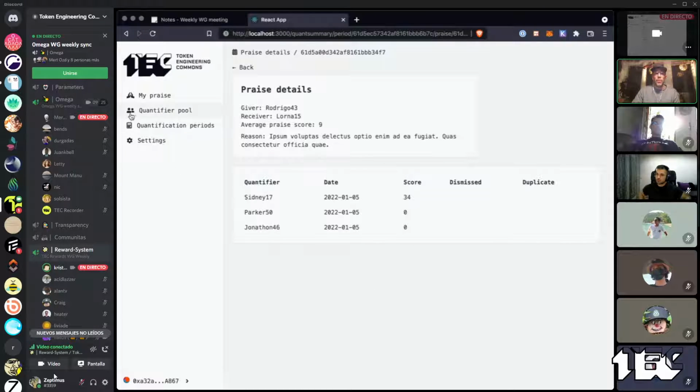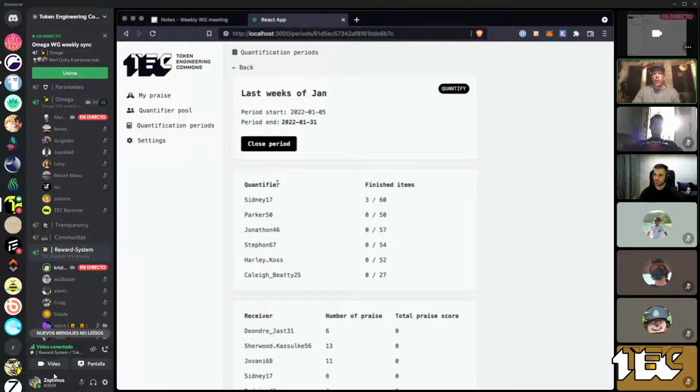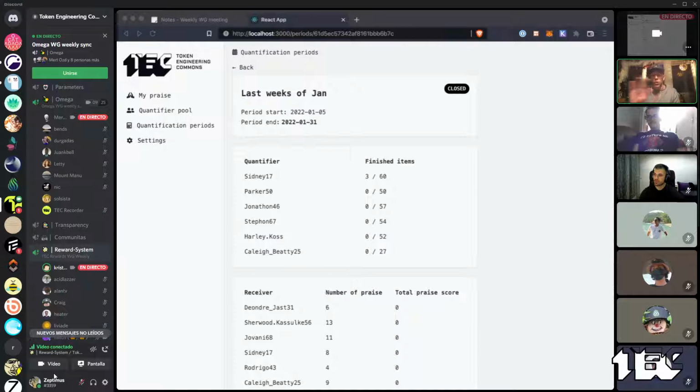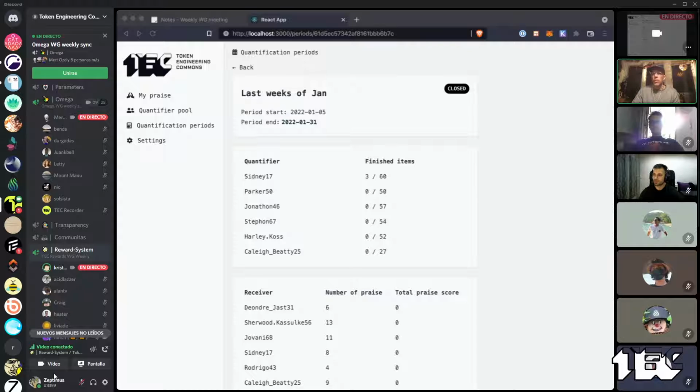And then when the quantification is done, the administrator moves to this page again and closes the period. That puts a stop to any further quantifications. And here there will be an export button, where you can export the data in CSV file format and move into the next step, where the quantifiers can import the data into the spreadsheets, together do any final adjustments,